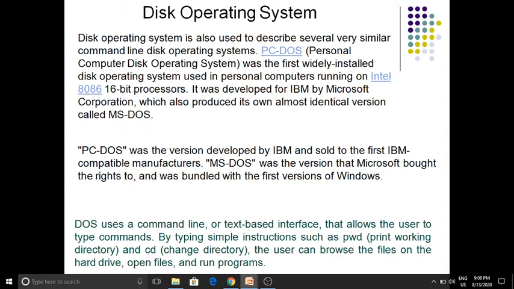Suppose you type the command PWD, print working directory, or CD, change directory. It allows the user to browse the files on the hard disk, open files and run the programs.